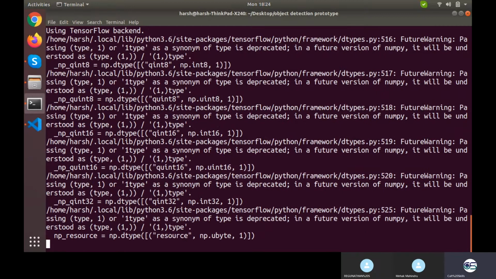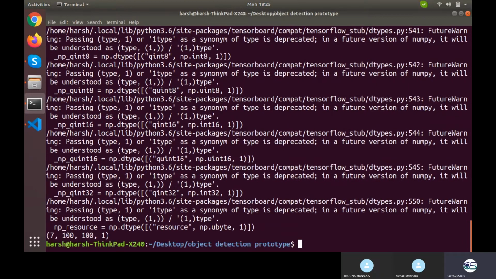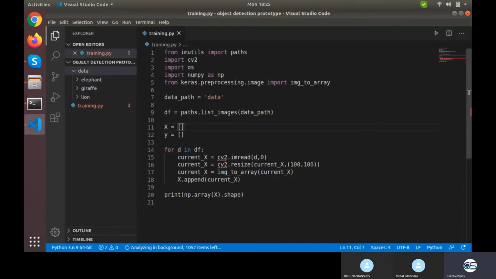I was just missing the import part. Yeah, now it's fine, so it's having 700 101. What I was missing is that it was not under Keras preprocessing and then img to array. It was under keras.preprocessing.image. Within that package, it was having this name. I hope you're clear on what I have done till now.